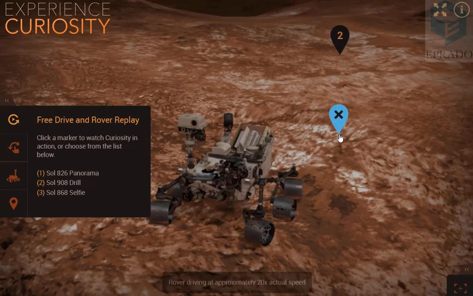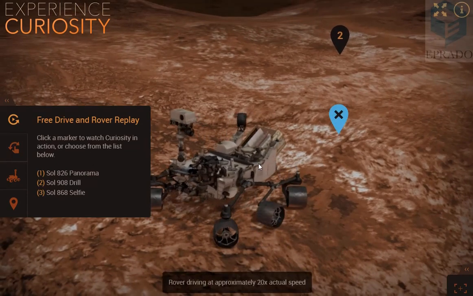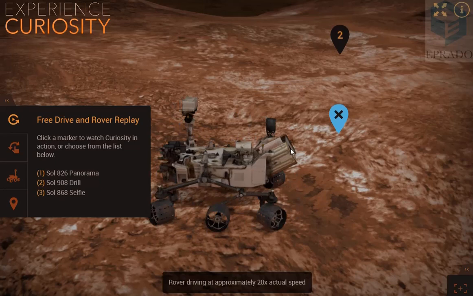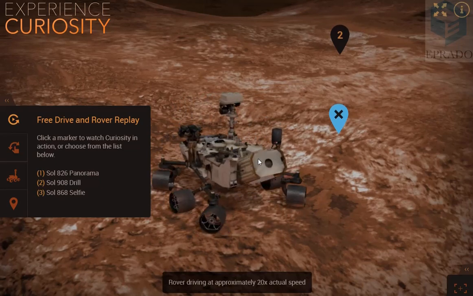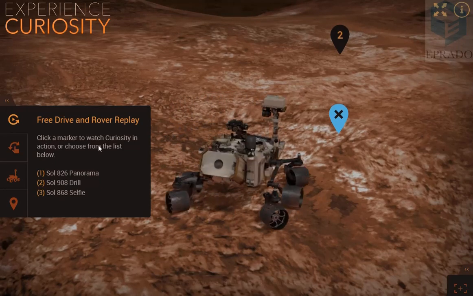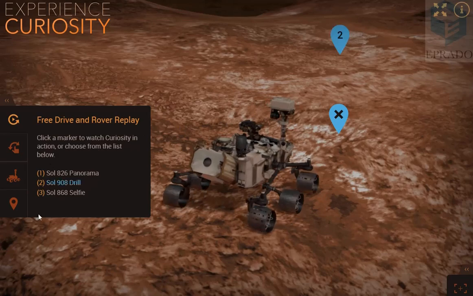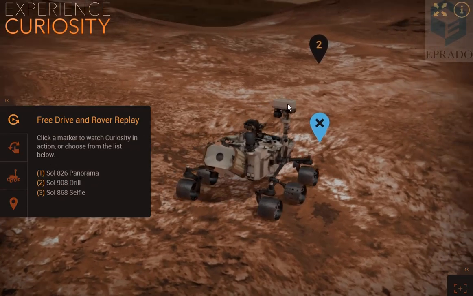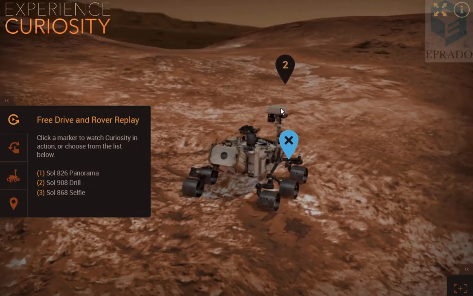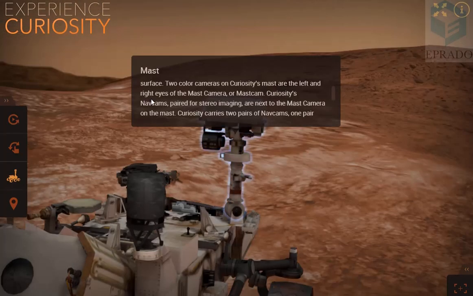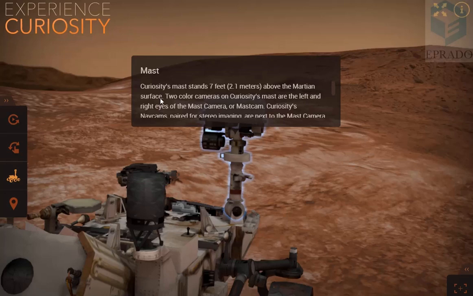Okay, now let's move on and learn more clearly about the mast camera. For that, we will just click on the mast camera. The mast camera is a two-colored camera. The mast stands 7 feet, that is 2.1 meters, above the surface of Mars.